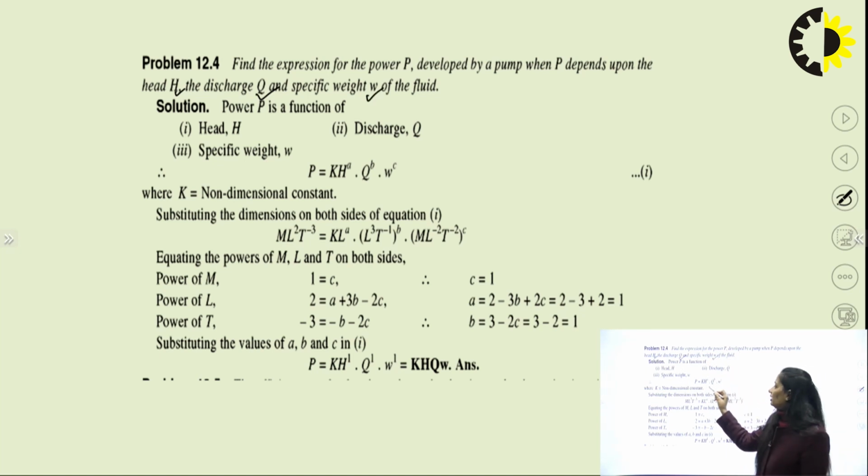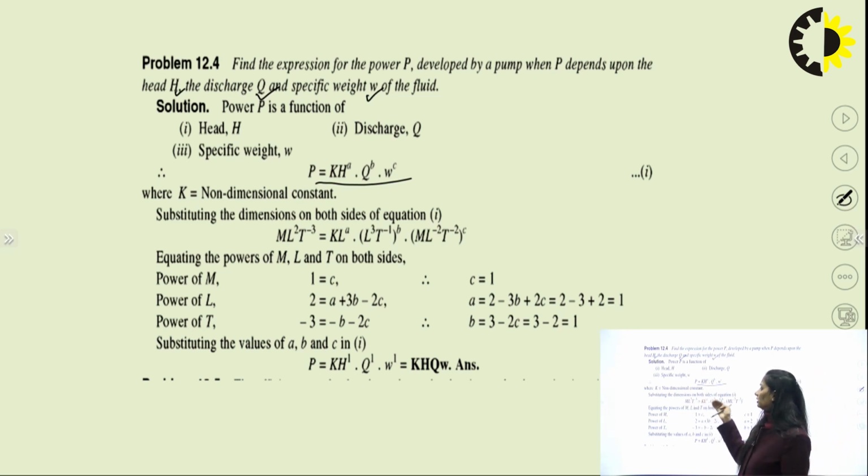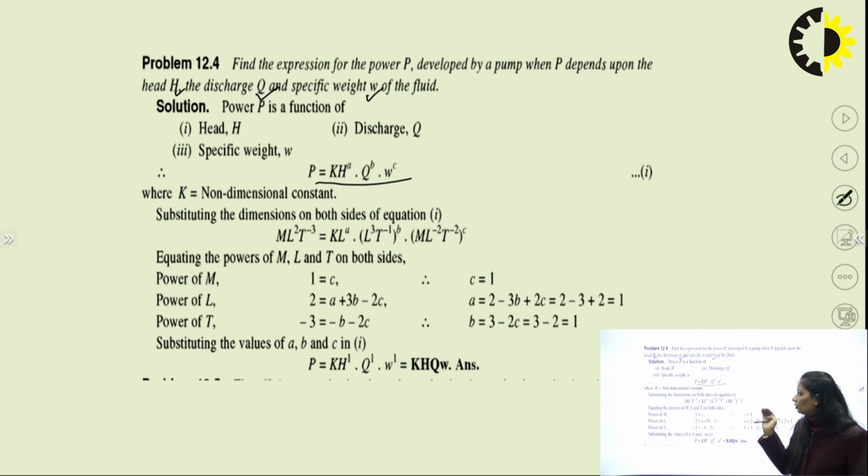Okay, so you can write the formula as P equal to S to the power A, Q to the power B, specific weight, or W to the power C, and you can multiply here a constant as capital K. So K is your non-dimensional constant. Okay, now substituting the dimension on both sides of the equation, what you are going to get is